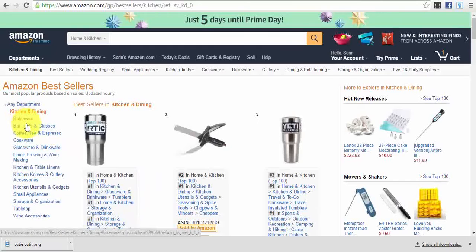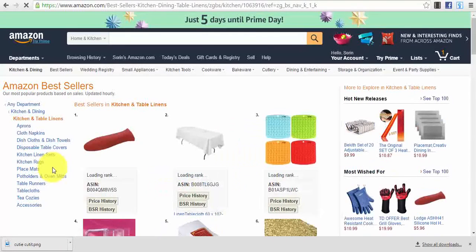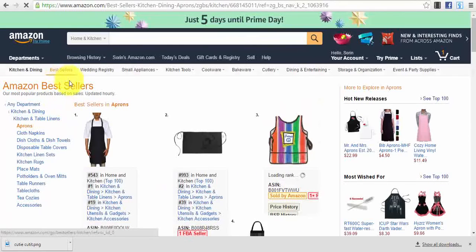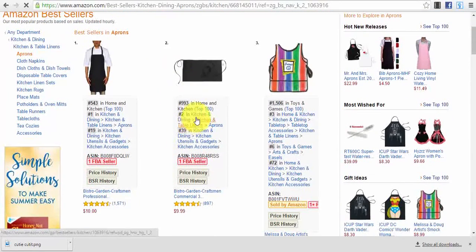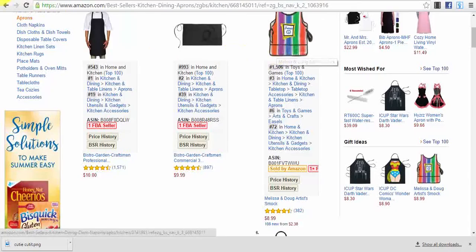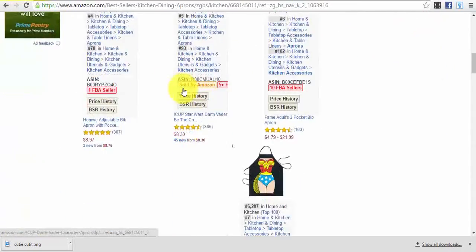For example, in bakeware, in bar and tools, in kitchen and table linens. For example, we go in kitchen and table linens, and we have even more here. We can go even deeper into aprons. I'm just giving you an example, and we see the best sellers in aprons. Okay, so which are the chances for someone to have the product that you will find here posted on eBay for sale?